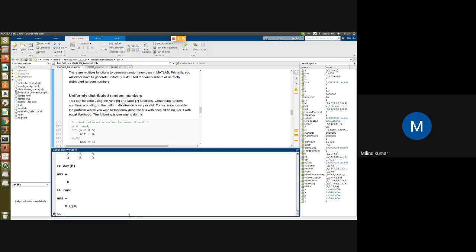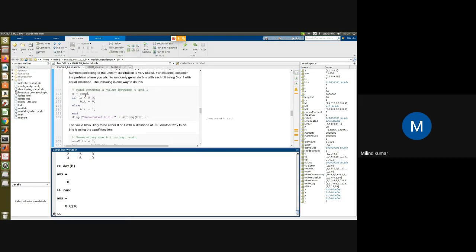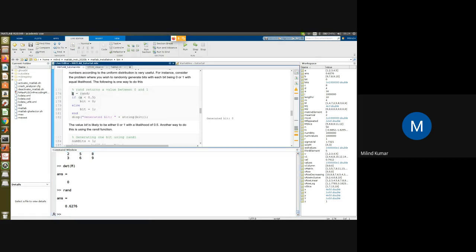So how will you do that? Every time I want to generate a bit, I generate a random number between 0 and 1. If the value of that random number is less than 0.5, then set that bit to 0, otherwise set it to 1. So this will give you a uniform distribution on 0 and 1. Now you don't have to take my word for it. When we get to for loops in the same tutorial, I'll show you that this is in fact true. But this is one application. Of course, the rand function can also be